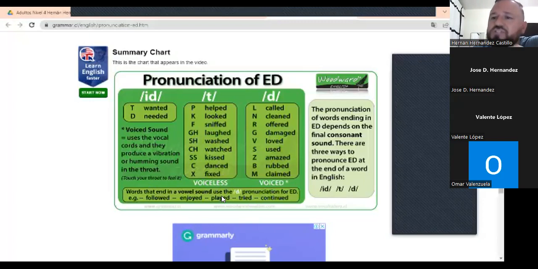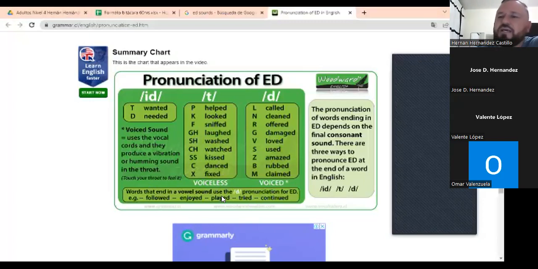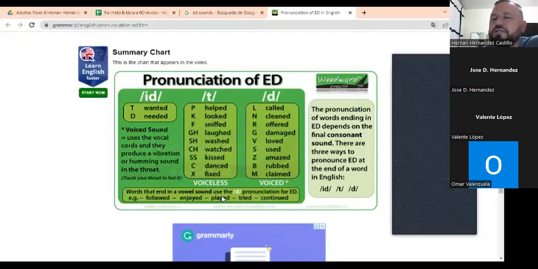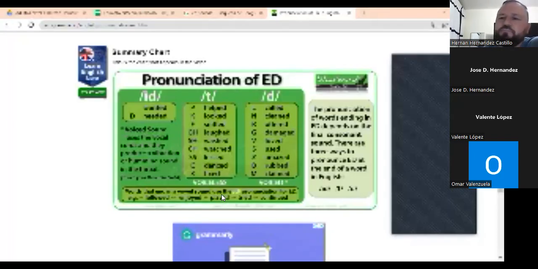Okay, so the rule says all of the words that end with a vowel sound will have a D sound. So the word is played. We played in the park, not played with an ed. The pronunciation is played. Okay,